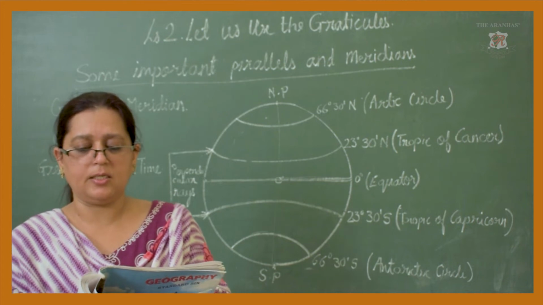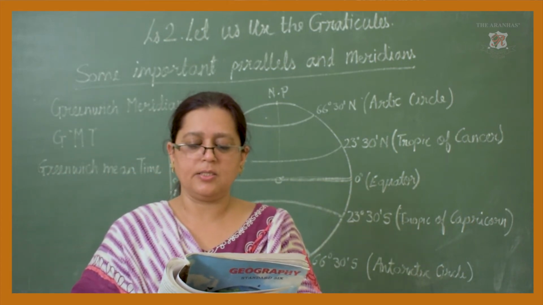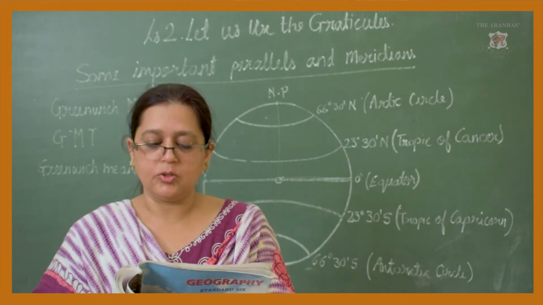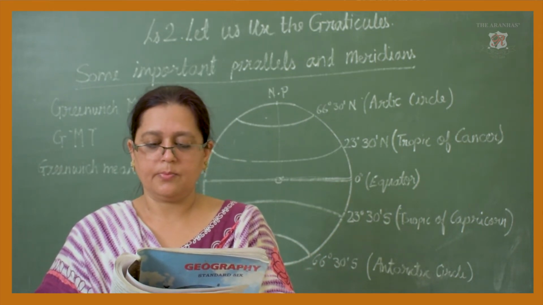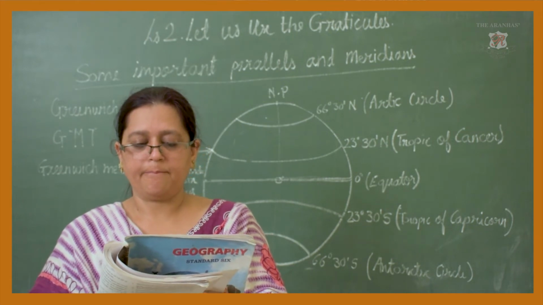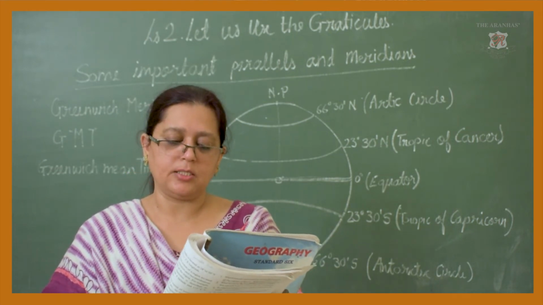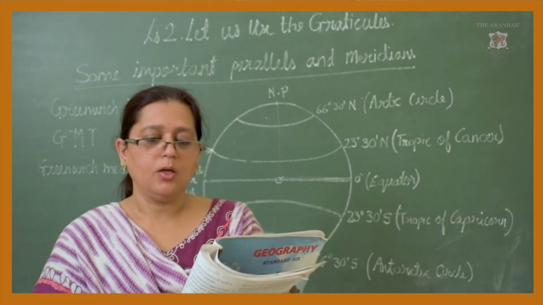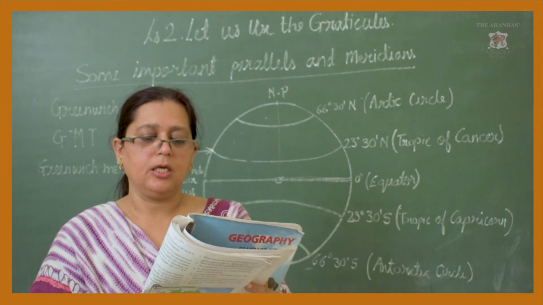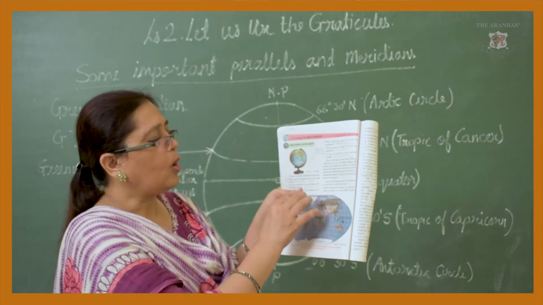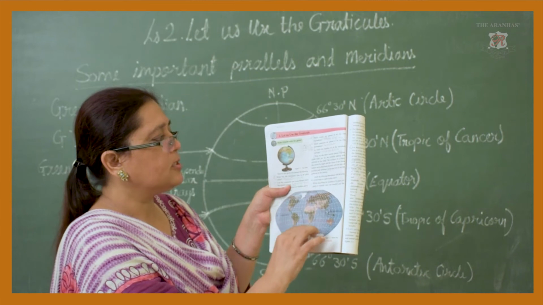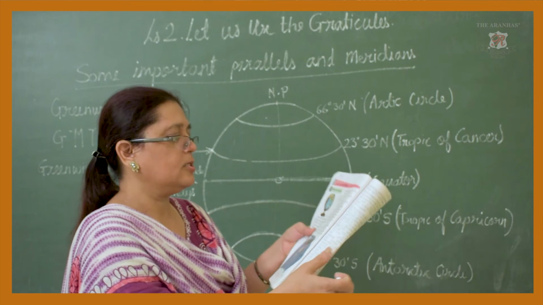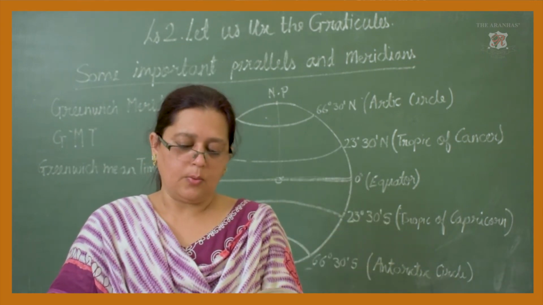At which 2 parallels do all the meridians converge? The North Pole and the South Pole. Understood? The North Pole and the South Pole. Now,